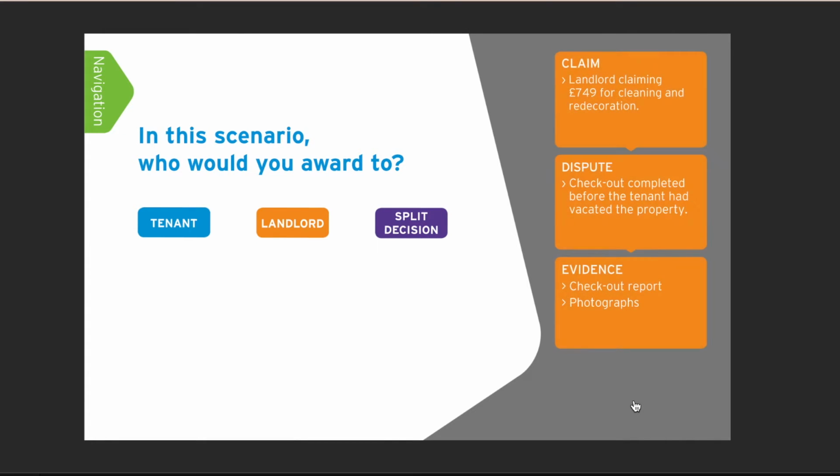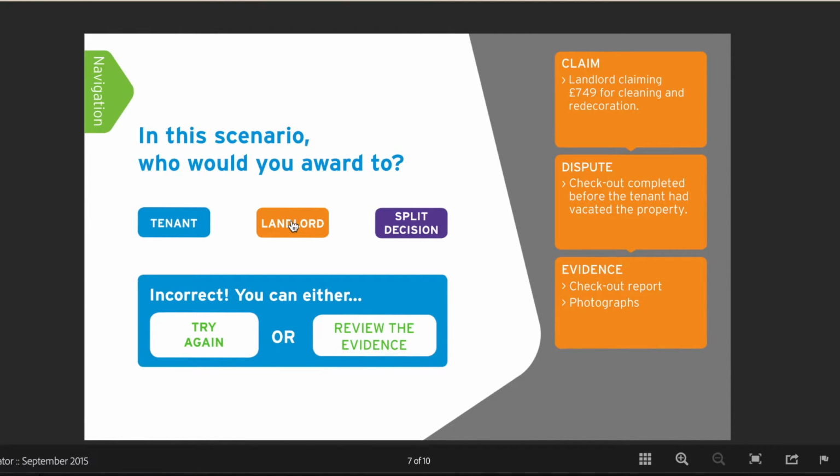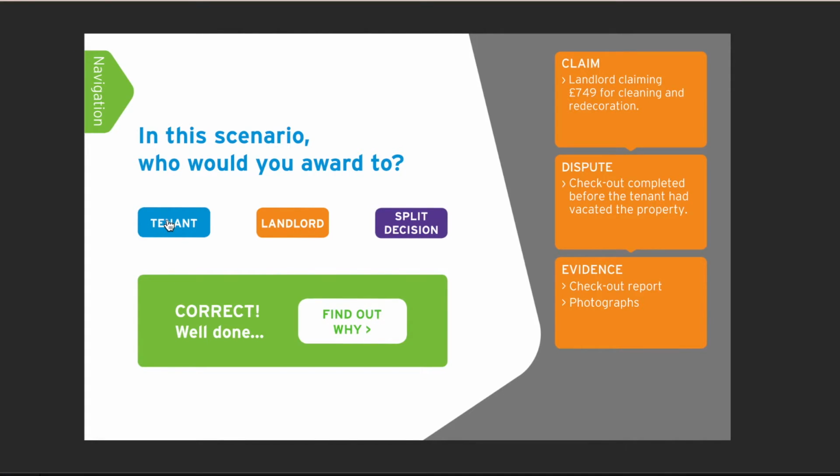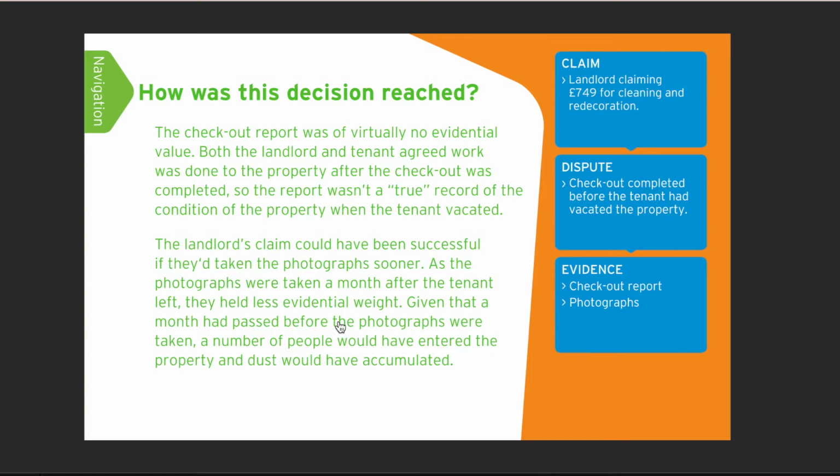Okay, and now that you've seen both evidence and both statements, you have to make a decision. If you click on the landlord, it says, no, this is incorrect. And if you click on the tenant, in this particular case, it says that it's correct. Sometimes you might get it right, sometimes you might get it wrong. But what is important is that you can click on this button and you can figure out how they thought